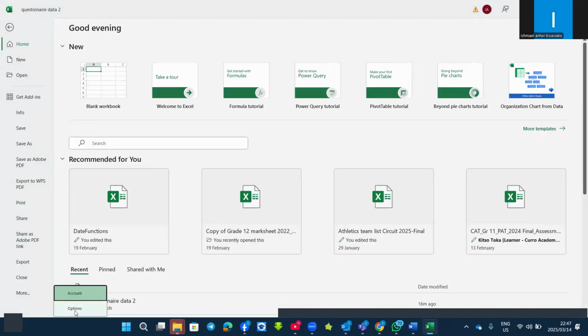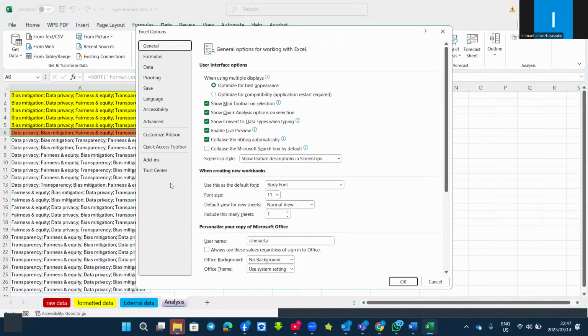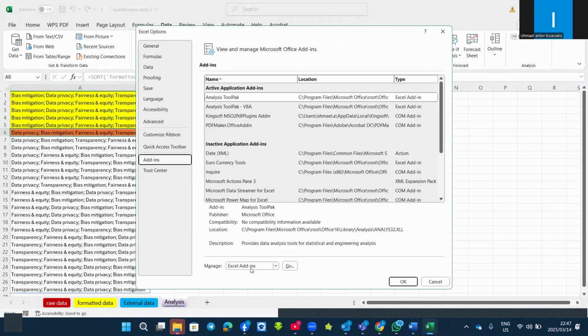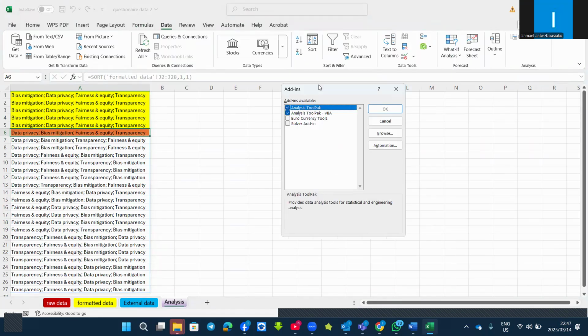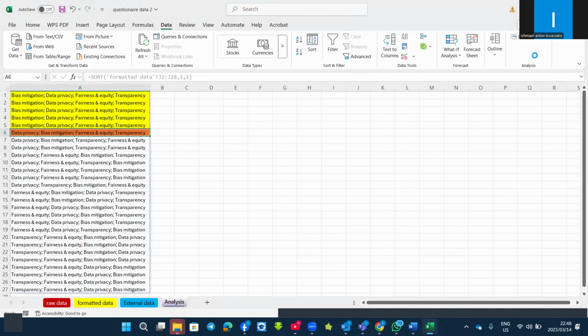Options, and then you see Add In. Then you find here Manage Excel Add In, then you click on Go. Now it's going to give you the Add In, that's the Analysis toolpak and Analysis toolpak VBA. So if they are unticked, you can just tick them. You see now, if I untick, I won't find it here. So I just go to File,